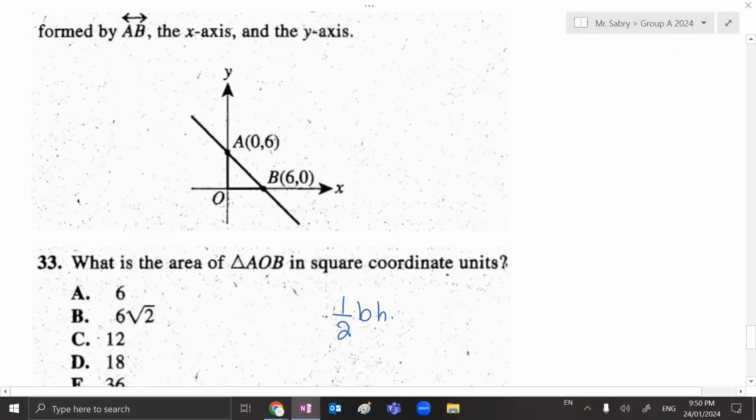It confused me a lot. Is it the same one? Why? Again it's a triangle, right? And what we know about the area